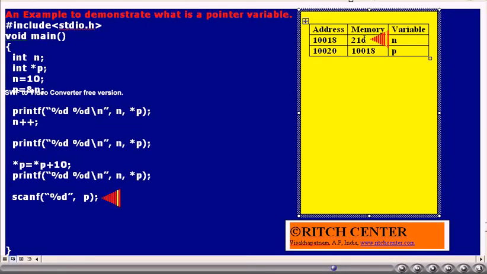Remember, p is equal to ampersand n. So, here we are using p instead of ampersand n. Whatever value we enter will be stored in the memory cell of the variable n. For example, if I enter 216, that is stored in the variable n.